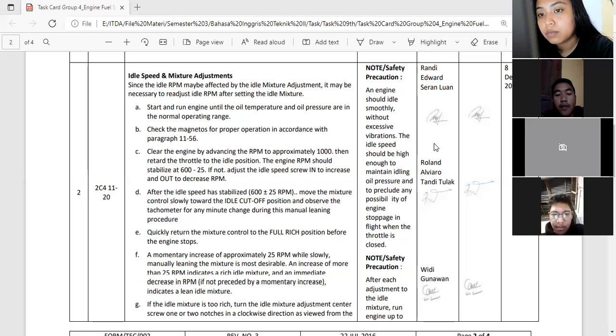And D, after the idle speed has stabilized at 600 more or less 25 RPM, move the mixture control